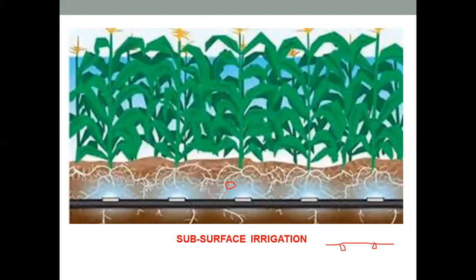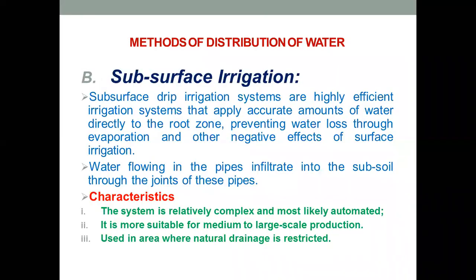the plants. As I've told you earlier, the water which is used by the crop for its growth is directly taken by the roots from the surrounding soil. So what we are doing is we are providing the surrounding soil with water, and the roots are taking water from that surrounding soil for the growth of the crop. Now we'll see some characteristics.